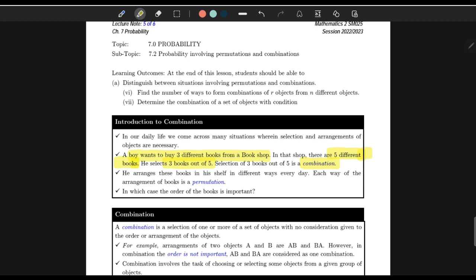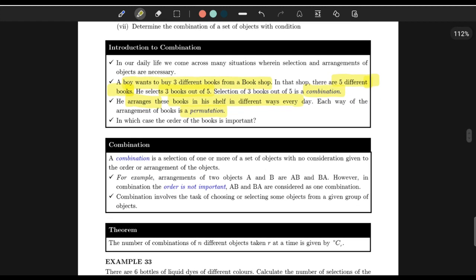If he arranges these books in his shelf in different ways, each way of arranging the books is called a permutation. So, in which case is the order of the books important? It's permutation. Okay, for combination,